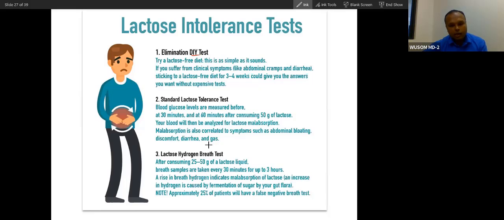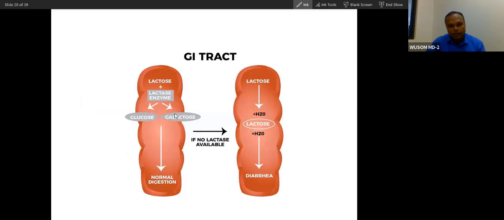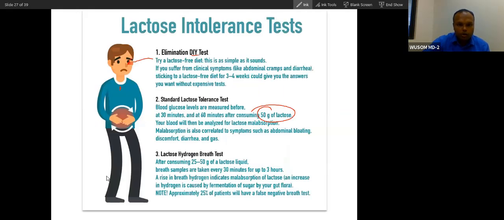Okay. Second is that you give lactose to the patient, and glucose level is measured. So you measure at 30 minutes and at 60 minutes after consuming lactose. If you give lactose, what will happen? It will go into the intestine, and in a normal patient, the lactose will be converted to glucose and galactose, and it will be absorbed into the blood, and you test for glucose. You test the blood glucose level at 30 and 60 minutes. If you find the glucose level rising, then you will see, okay, this patient does not have lactose intolerance. So this is an indirect test